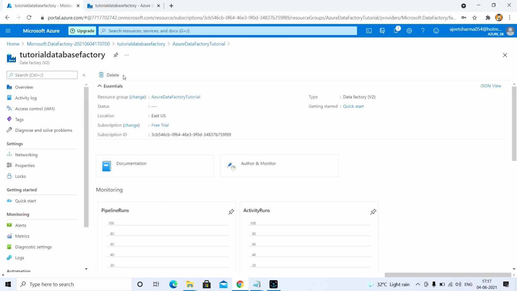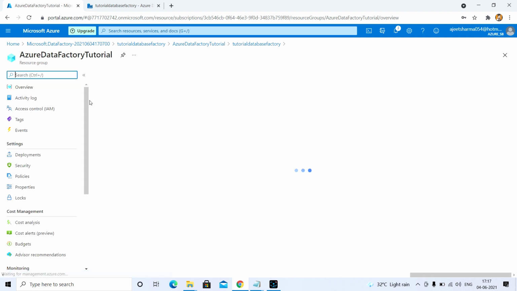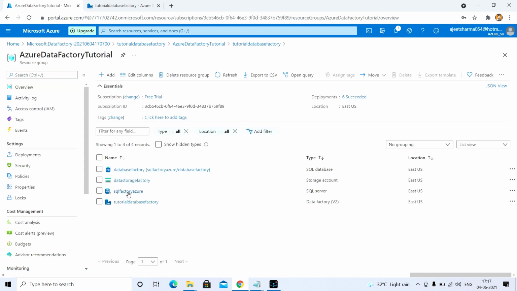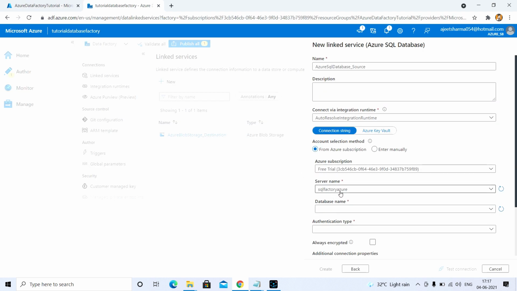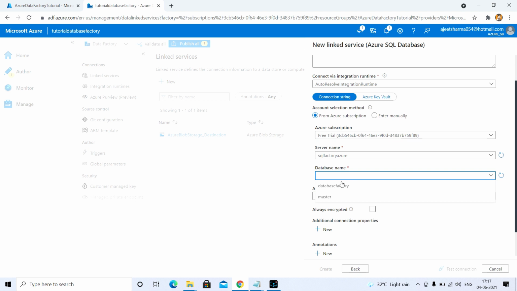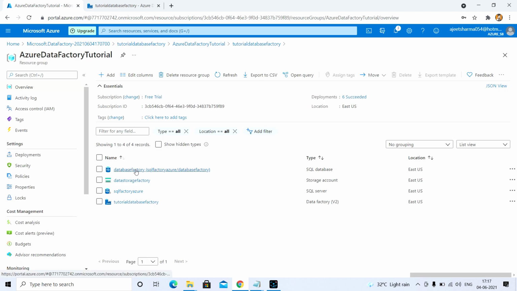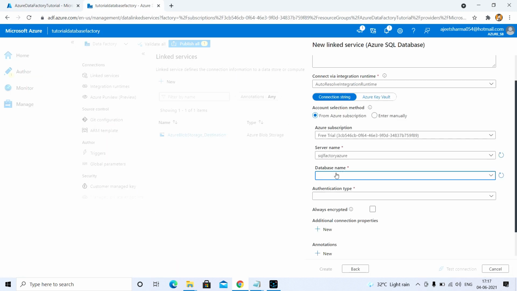If you go back to that resource group, you will get that SQL server which got deployed in parallel when we created the SQL database. Here in the database, you will get the name. So this is my database server and my SQL database.